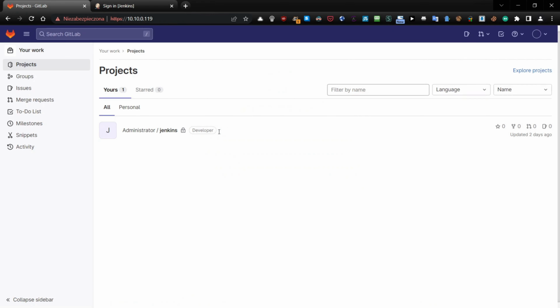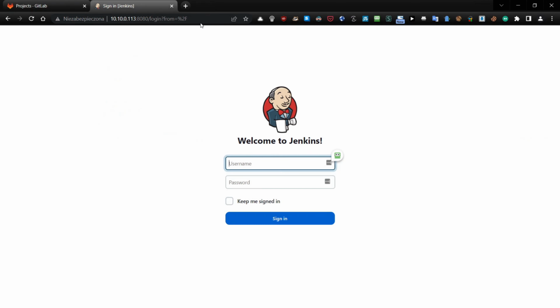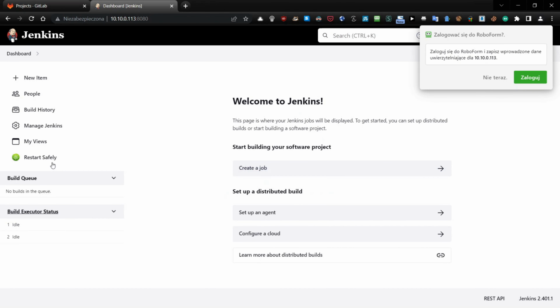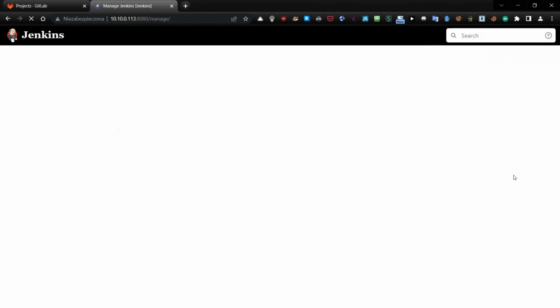Should be able to get in. Okay. And I'm going back to the Jenkins. Okay. So now what you need to do, I will just clean up the credentials just because it's crucial for this